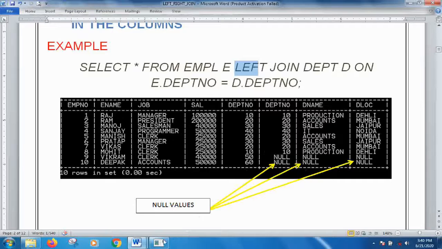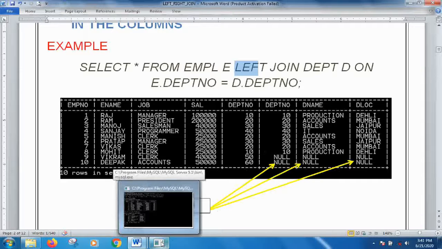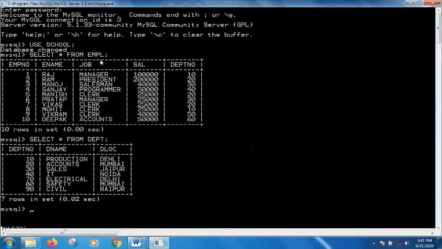Let me show you through an example how all this is happening. See, this is my employee table in which I have 10 records and their departments, and this is my table in which I have the department names.